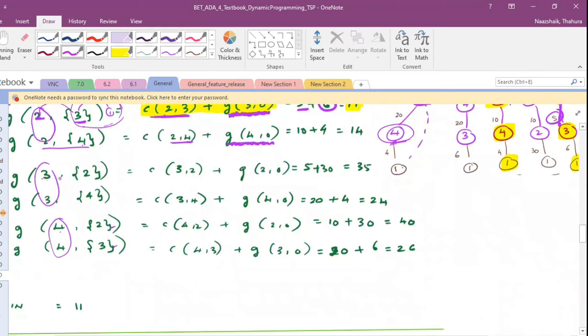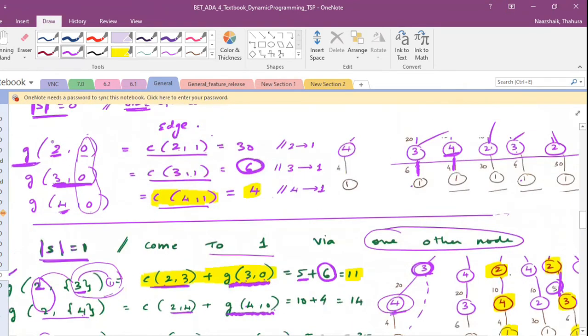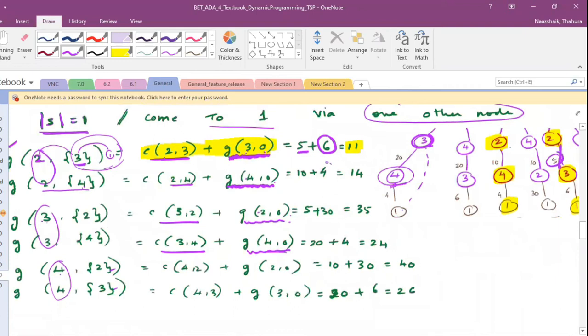Same thing, you expand here. 3 to 2 direct edge, the rest is the formula. 3 to 4 direct edge, rest is the formula. Okay. And all of this, you can go up in the previous step and get the values. So 3, 0, 4, 0, 2, 0. You have already done this here. Right? I'm just replacing these values down. These are not computed. These are there from the previous step, right?